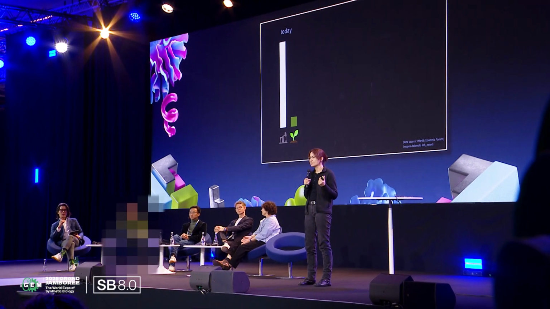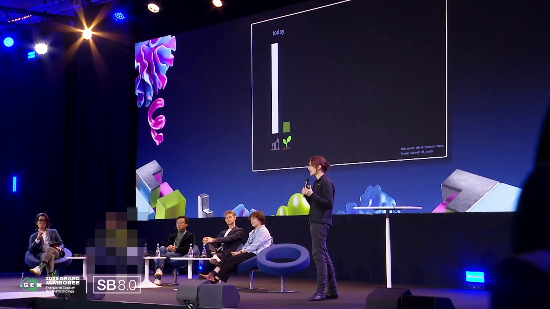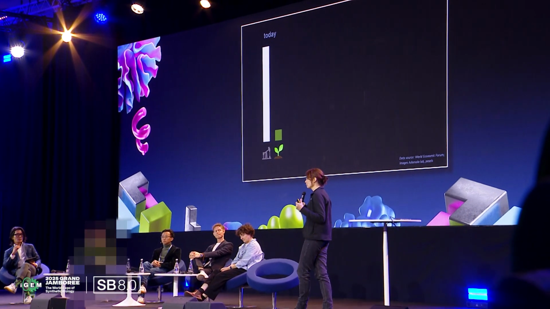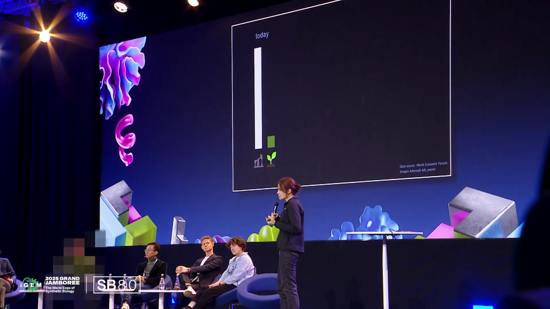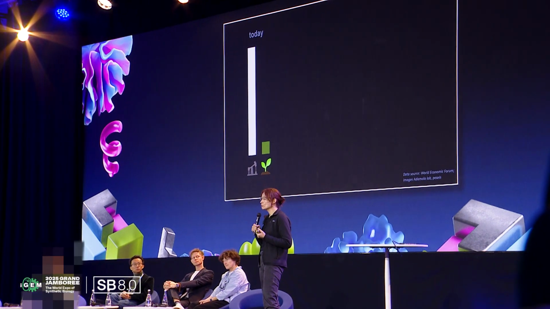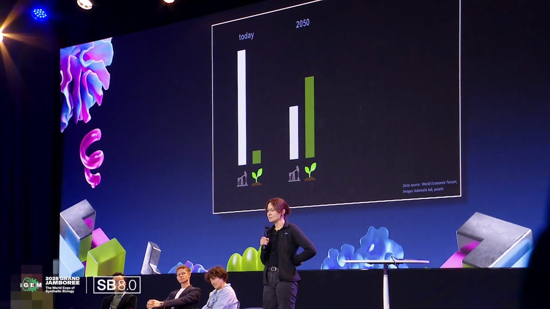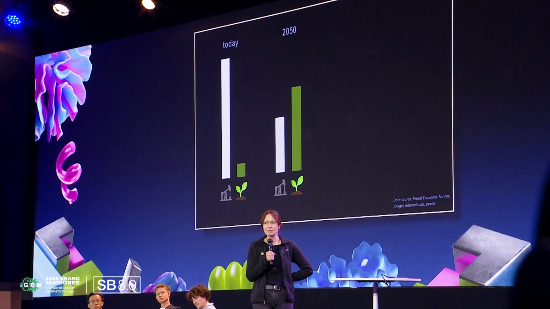And that's kind of the world today. Only about 10% of chemical manufacturing in the world is being done by biology. And that includes things like ethanol for fuel. So this is where we are today. Where we need to be to survive as a civilization is by 2050, people predicted that about 60% of chemical manufacturing will be done by biology. I'm hoping this is actually a pessimistic prediction. I'm hoping we're going to be much better than that.